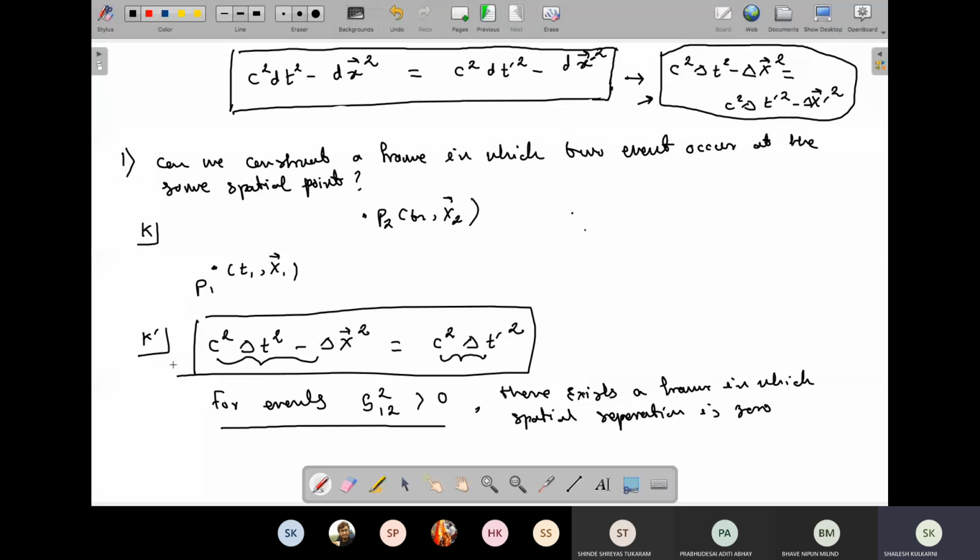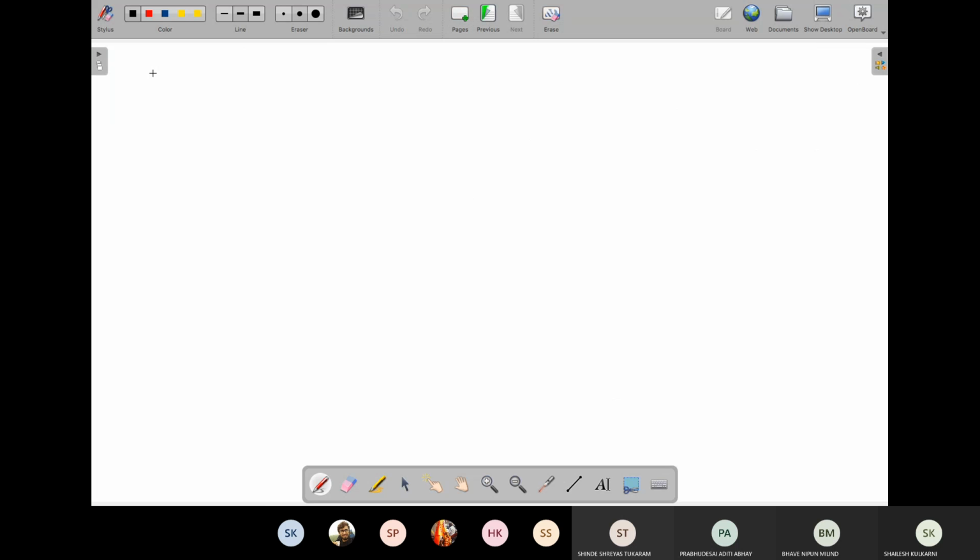So all the events in space-time satisfying delta S12 square greater than 0 are called